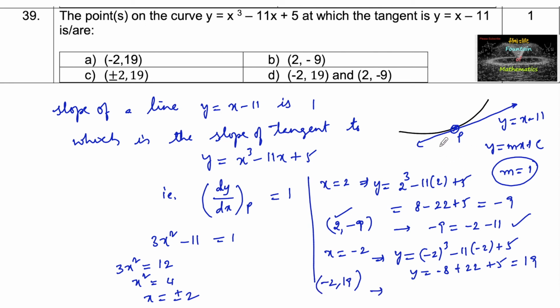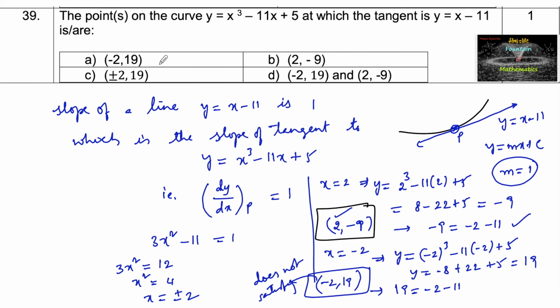Let us check whether this point is satisfying the tangent equation or not. So 19 is equal to -2 minus 11, so 19 is equal to -13, which is not satisfying. So (-2, 19) does not satisfy the tangent equation, and hence we have only one point, that is (2, -9). So we can go with option B. Okay,